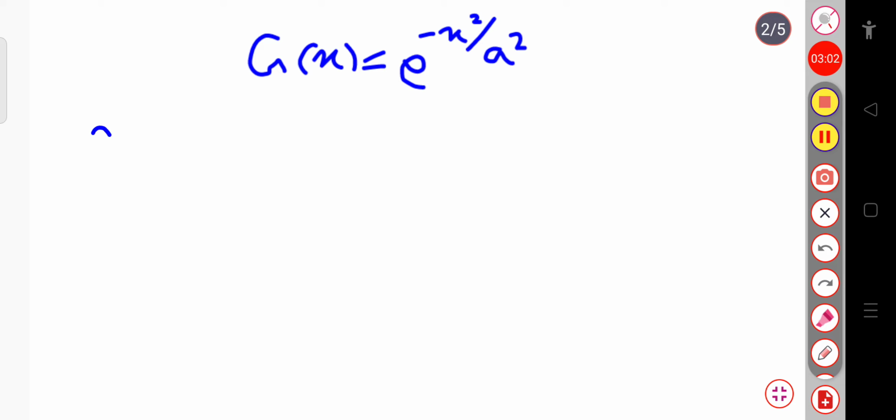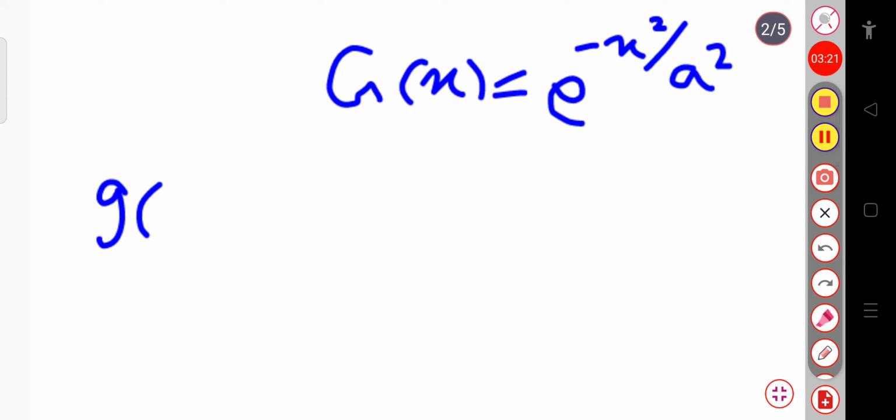If you can remember, suppose this is the Gaussian wave function, so its Fourier transform I am writing in the form of k. Suppose this is g of k. You can take k or omega, because omega equals c k, you know. While we are doing the Fourier transform, we are just converting it from one domain to the other domain, so you can write g of omega or g of k.